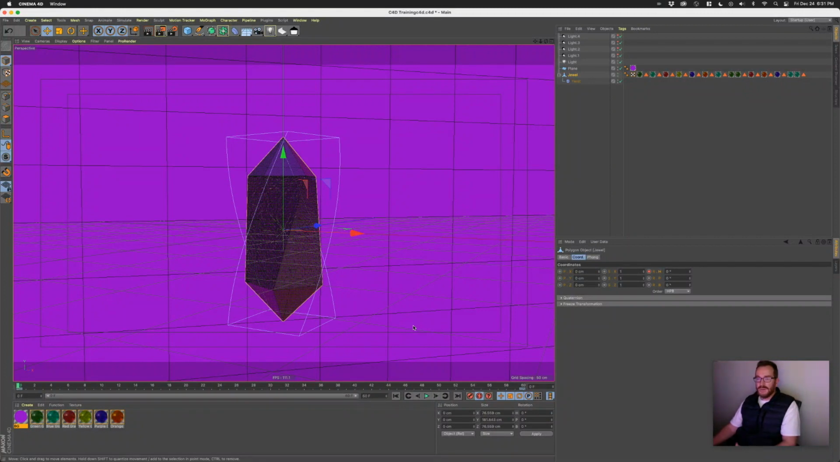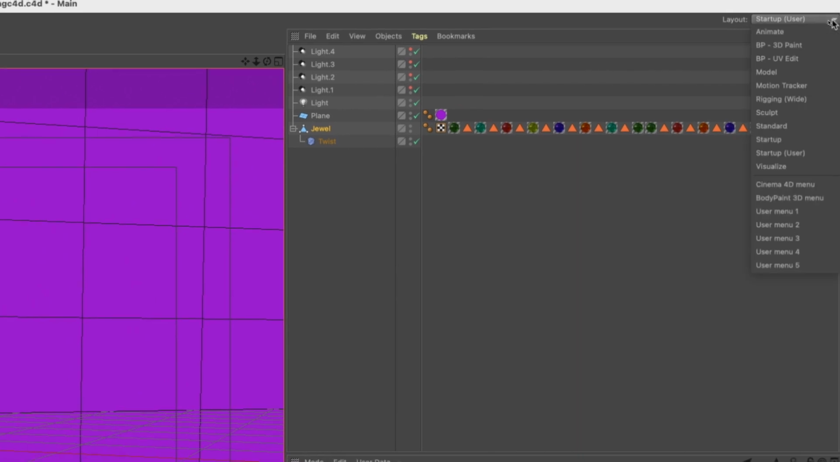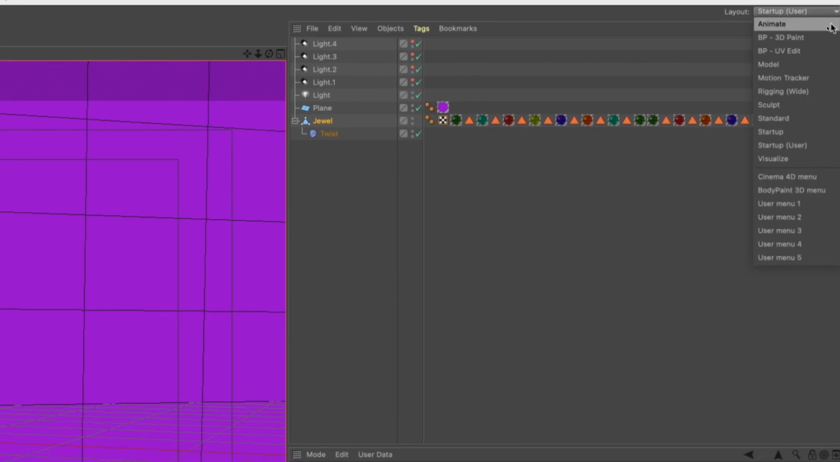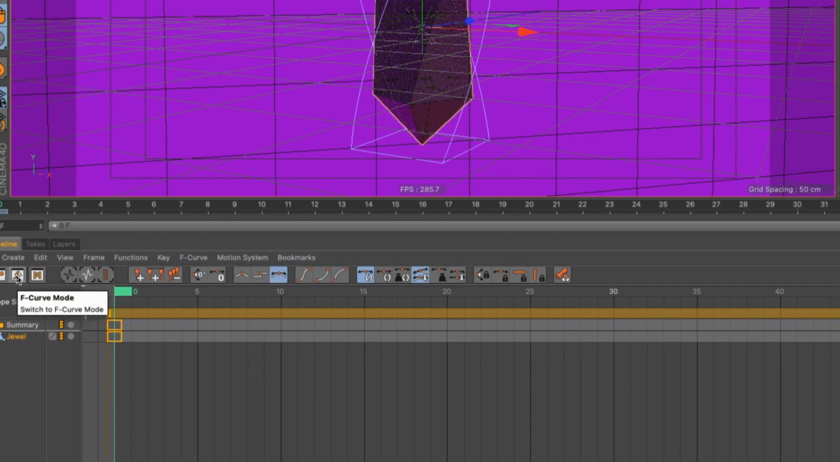Now we can also control the rate at which we animate. Right here, upper right, this layout is called Startup. I want you to go to the Animate option, and you'll see some different kind of looks. All the same stuff is here, it's just in a different way, but the timeline is very different. What I'd like to do is control the interpolation of the keyframes, like easing, but I don't want it to ease this time, and I'm like, where is that even found? It's found right here. If you press this F curve mode,